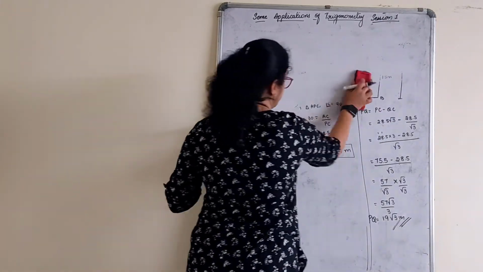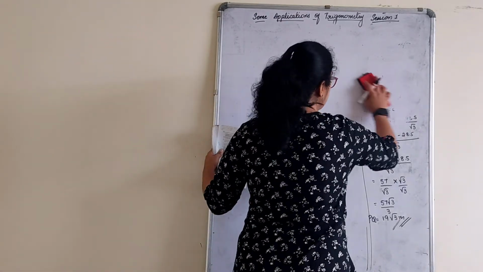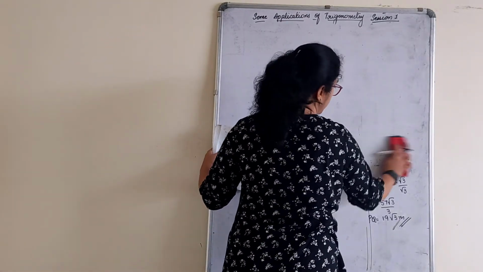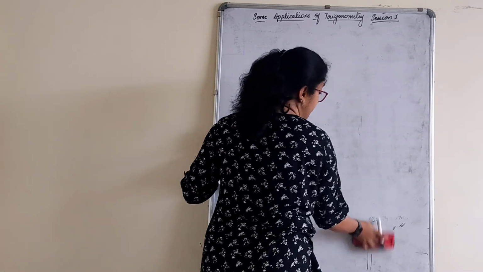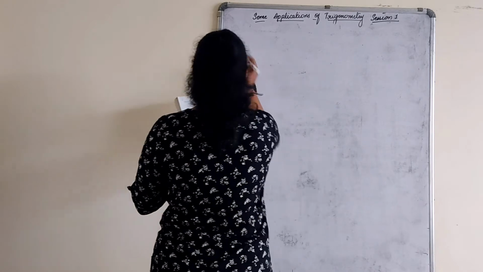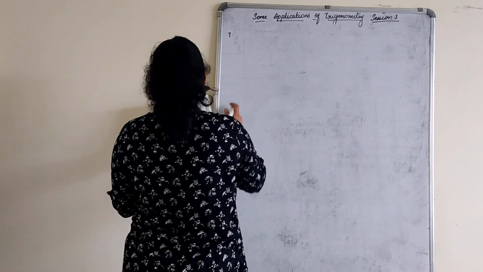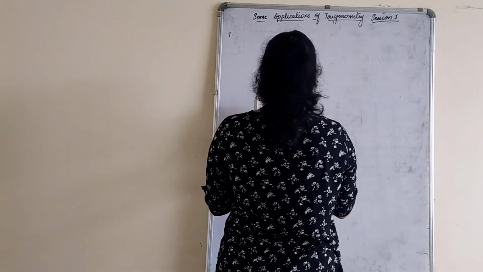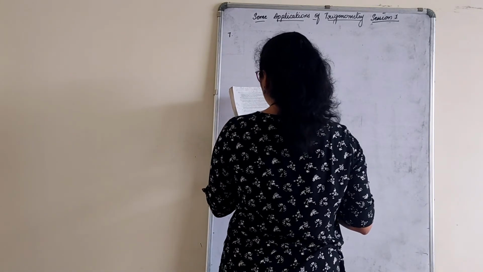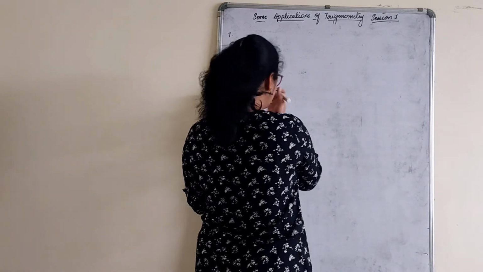The main thing is the figure. You draw correctly, mark correctly, your solution will automatically come. However difficult the question is to read and understand, once you draw that, your solution is simple. But the main thing is in drawing. From a point on a ground, the angle of elevation of the bottom and top of a transmission tower fixed at the 20-meter high building.